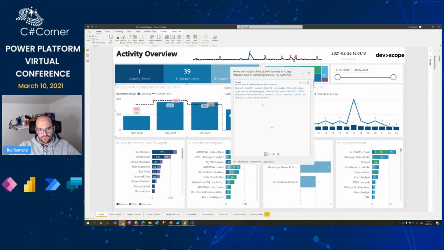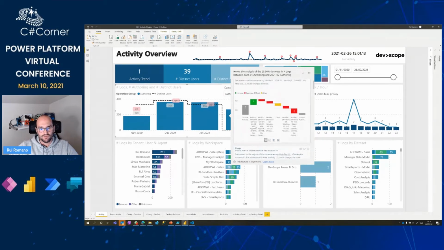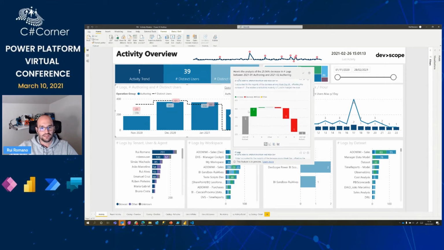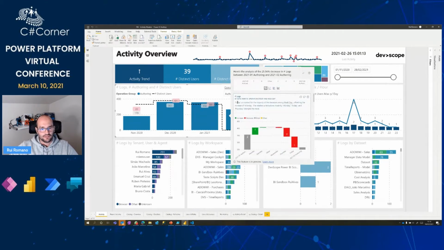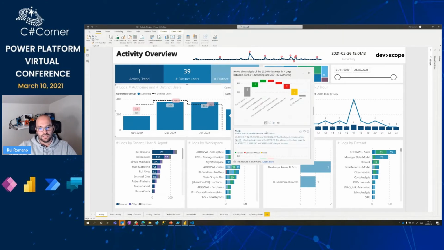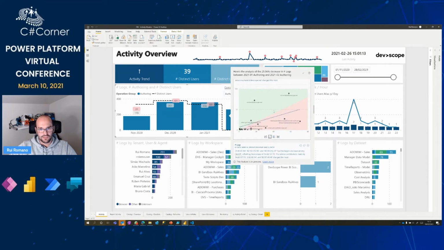And Power BI will just do some machine learning and try to detect some patterns in the data to explain that decrease. And it will tell me things like, okay, weekday 5, Friday, was what contributed the most to this decrease. Simone, which is a demo user, used it a lot in January, but didn't use it a lot in February. I really like to look at this visual because everything